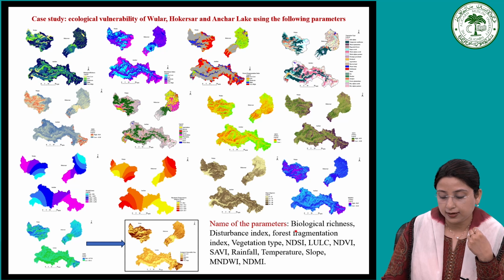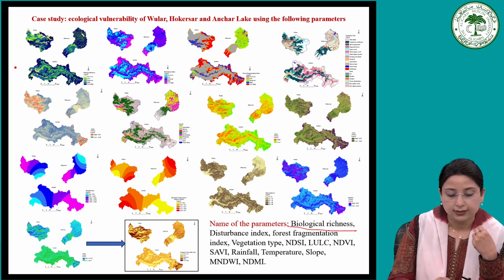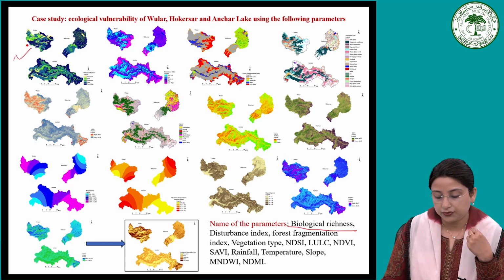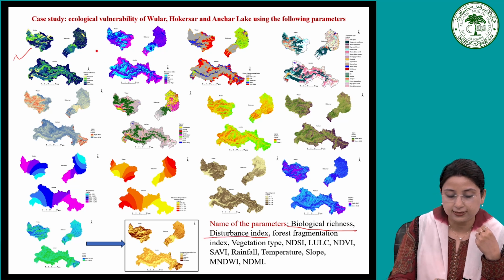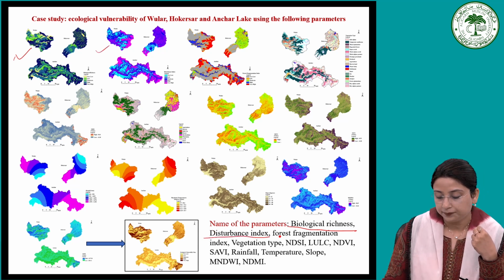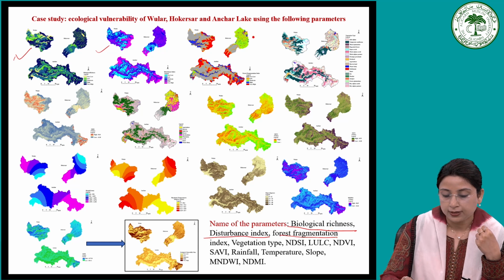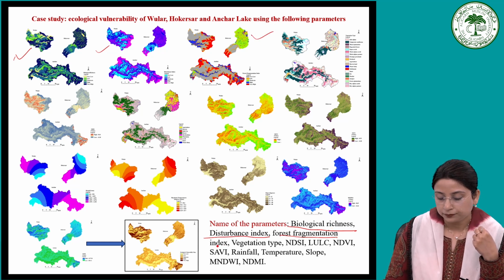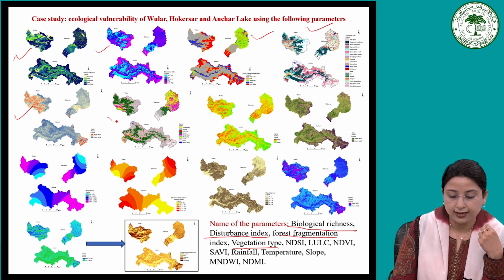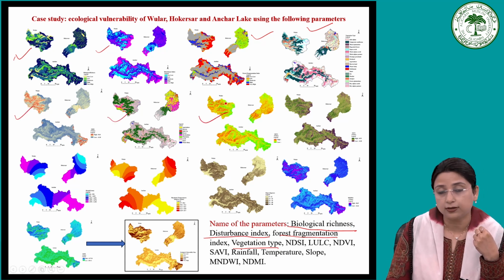Those factors are biological richness, disturbances index, forest fragmentation, vegetation type, then NDSI, LULC, NDVI, that is the normalized difference